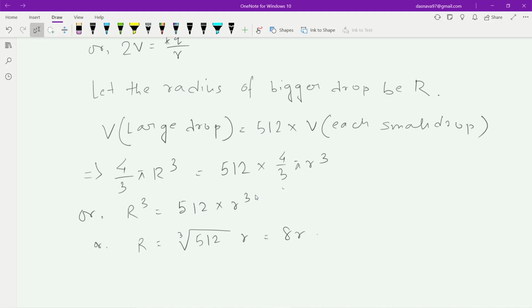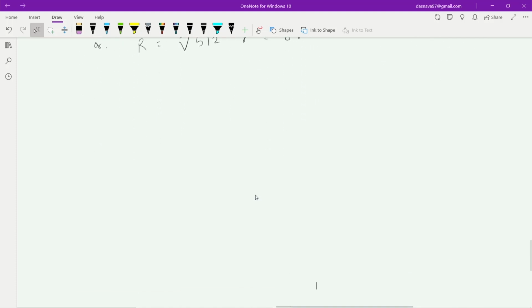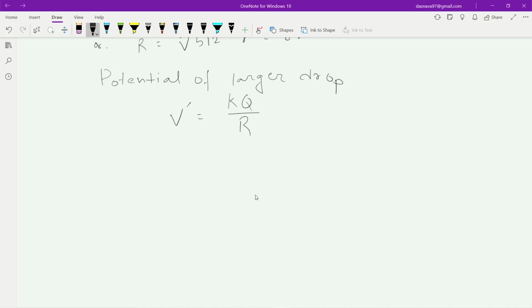Now क्या होगा, कैपिटल R तो निकल गए, अभी क्या करना पड़ेगा, पोटेंशियल निकालना पड़ेगा, potential of larger drop, capital V dash, we consider it as V dash equals K capital Q by capital R. अभी K को रहने दीजिए, फिर Q को हम क्या लिख सकते हैं, 512 ऑफ स्मॉल q। स्मॉल q क्या होता है, each small charge के वैल्यू। और कैपिटल R को क्या लिख सकते हैं, 8 small r।